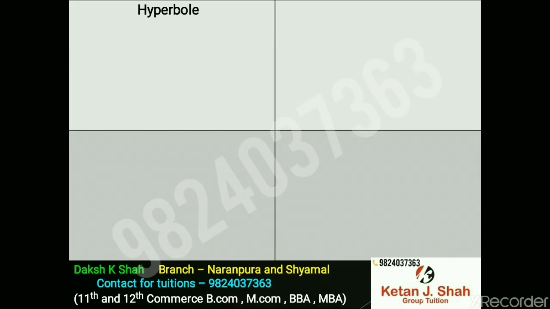Next one's hyperbole. So this can be divided into two parts, hyper and bole. Hyper means exaggeration and bole means a statement. Exaggeration statement, like which is overwhelming or we can say overacted. She wept an ocean of tears. The tea is icy cold. So we are extending it to end, like a tea can't be icy cold. She wept an ocean of tears. Ocean of tears cannot be wept. So it is, we can say, overacted.